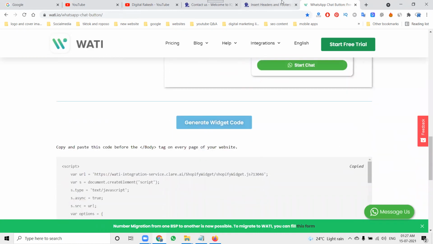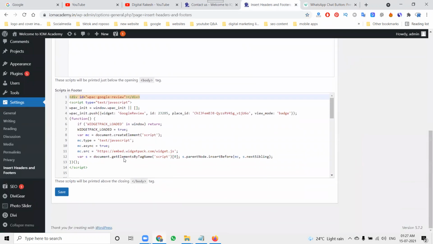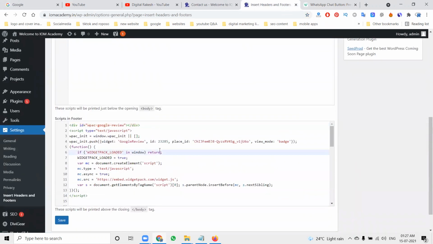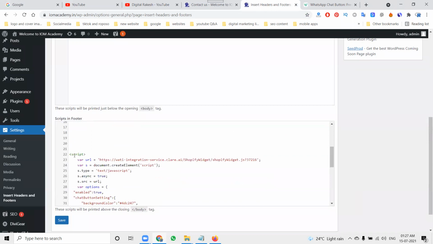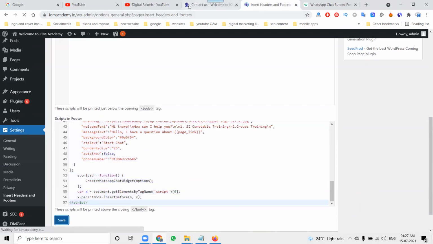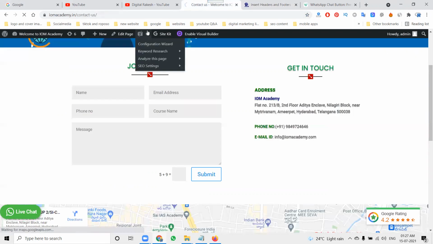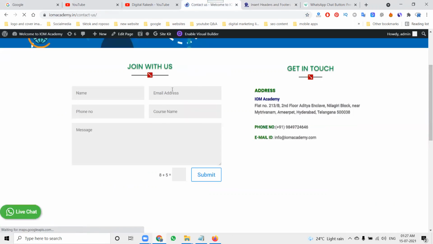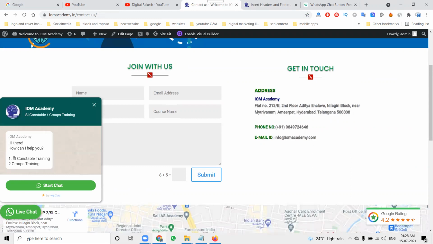So once again, update the code. Once you change any option, updating the code is very, very important on the particular site. See here, it's constable training and group training.